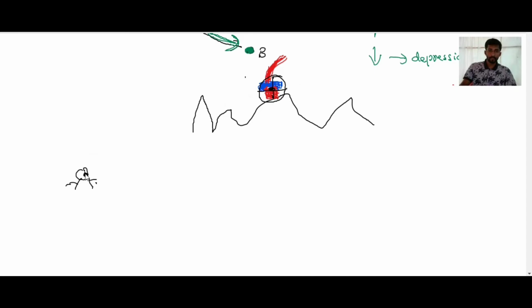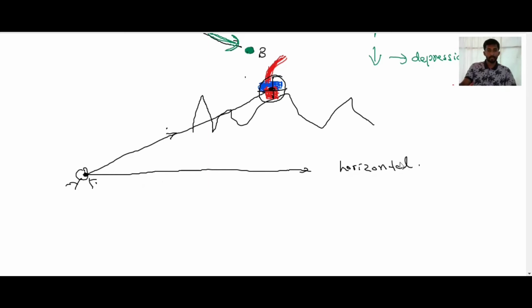You are looking at it from a downward direction, right? Here is the person, here is the hill, and it has some certain height. Then see, this is our reference line. Suppose you are lying on the ground, then your eye with respect to the ground is the reference line, that is our horizontal line. If you draw the line with respect to your eye, it will cross the ground. Then that ground is our reference line.